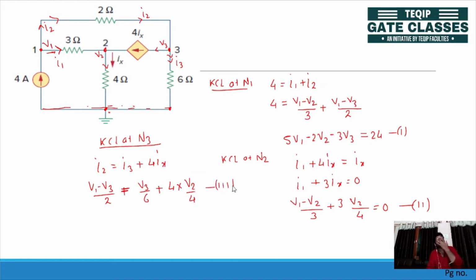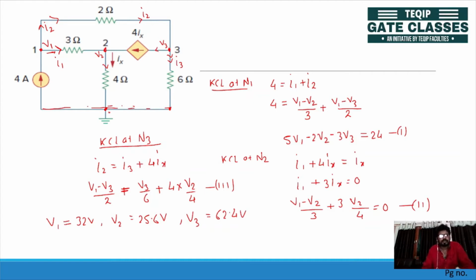So you just have to solve these 3 simultaneous equations. You have 3 variables and 3 equations. You can solve it using any method like Cramer's rule, or you can solve it directly by your calculator. So you will get the value of node voltages. You will get V1 as 32 volt and V2 like 25.6 and V3 is equal to 62.4.